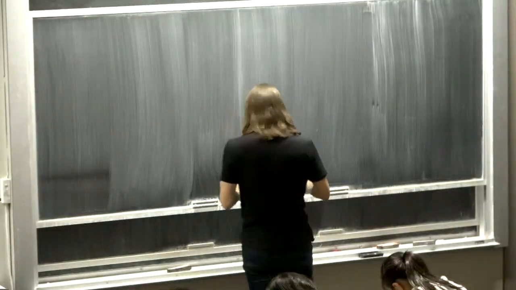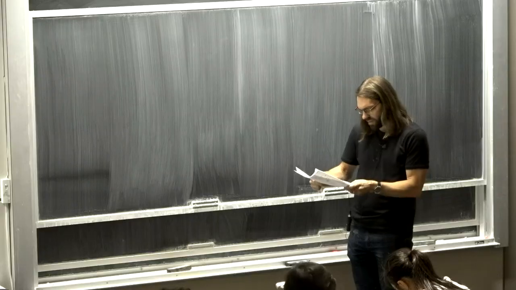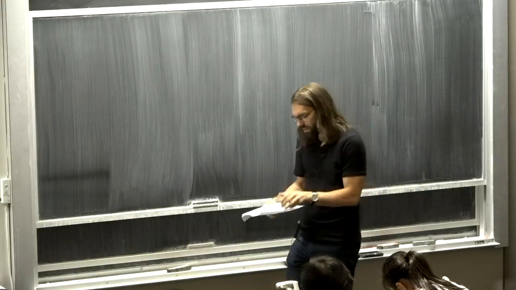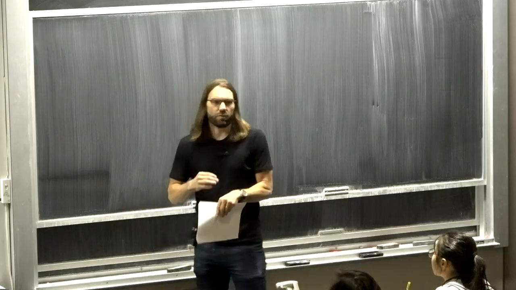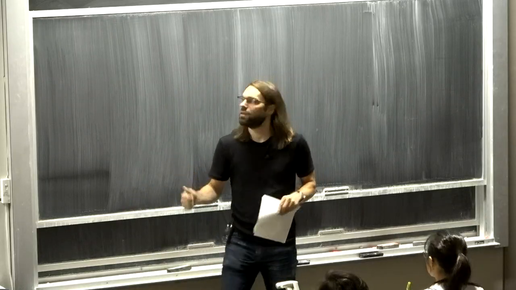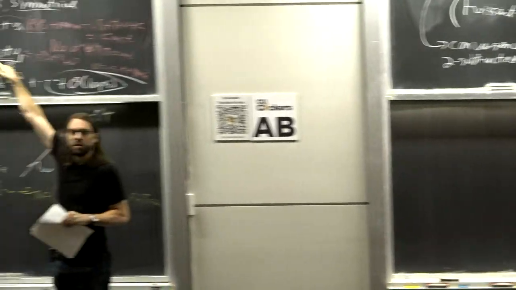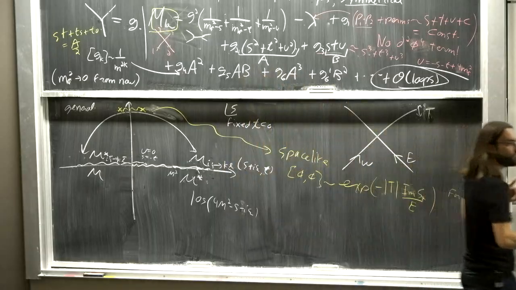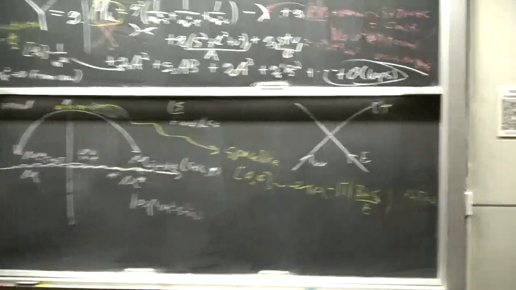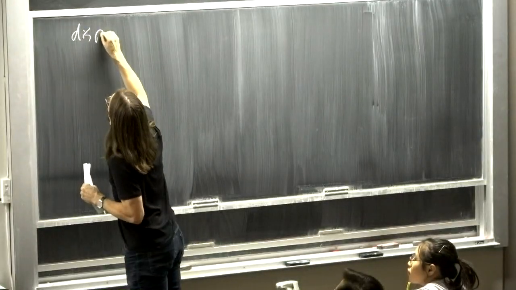I think I will not write the dispersion relation. Let me skip a bit. One thing we can do is write down the dispersion relation like Sasha wrote, and then at low energy compare it with this ansatz. What you find is that it works order by order in s. You can do this matching order by order in s. The somewhat more efficient way to do this is the so-called dispersive sum rule,